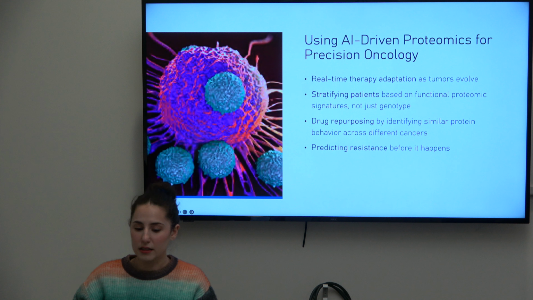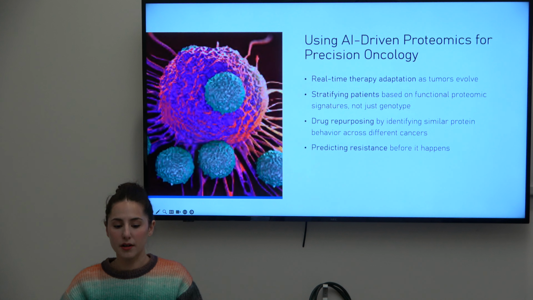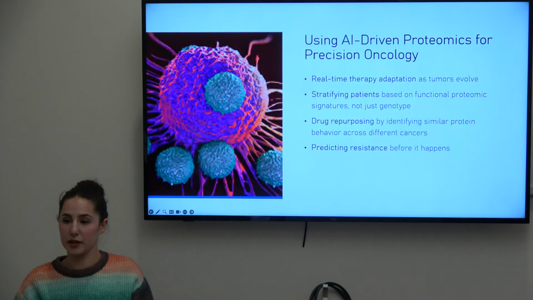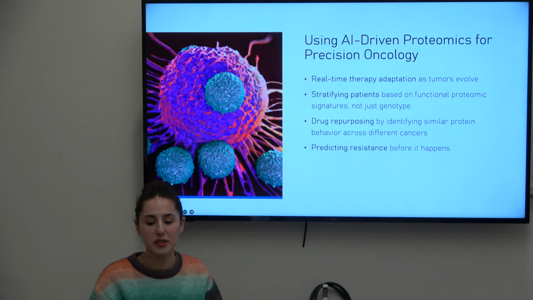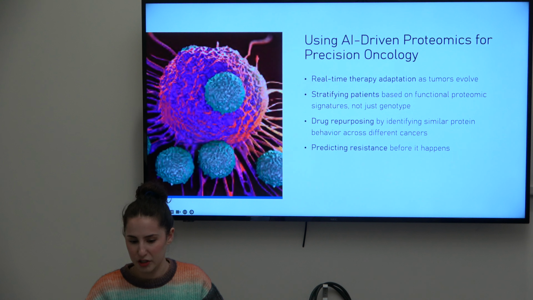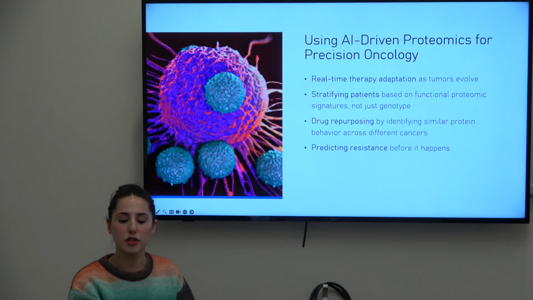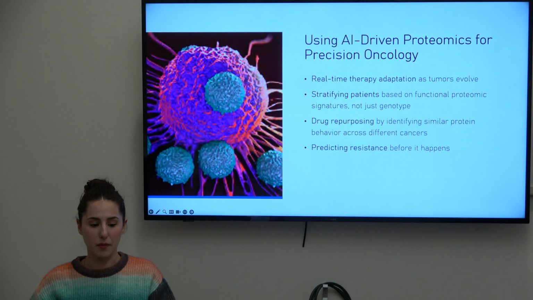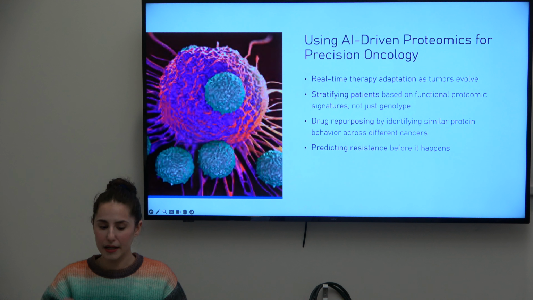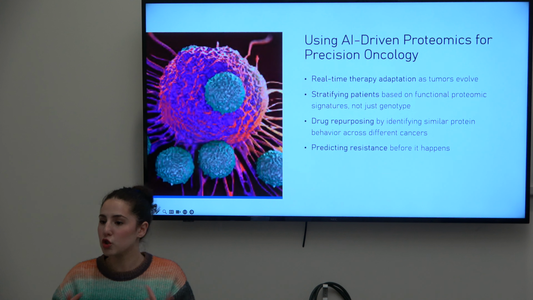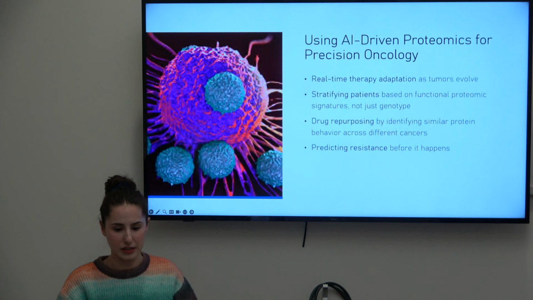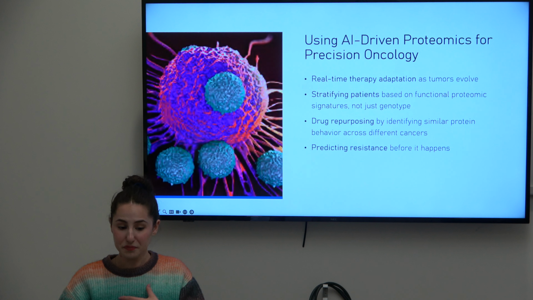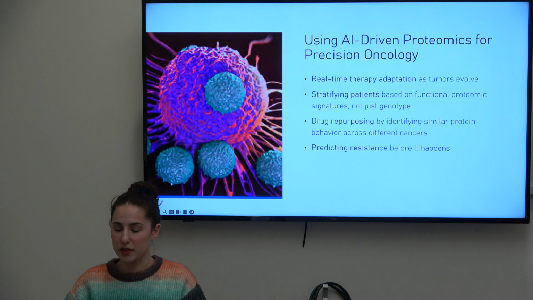With AI's capability to analyze comprehensive proteomic data, we can uncover critical insights, such as identifying an overactive signaling pathway. So AI can detect when signaling pathways are excessively active due to post-translational modifications, for example, rather than genetic mutations. Or understand therapy resistance, for example, by analyzing protein degradation rates and modifications, AI can pinpoint mechanisms behind tumor resistance to certain treatments. Or we can even use it to assess protein interactions. AI can evaluate how proteins interact with the tumor microenvironment, which allows us to look at complex networks that drive cancer